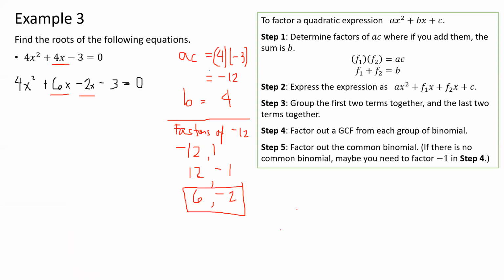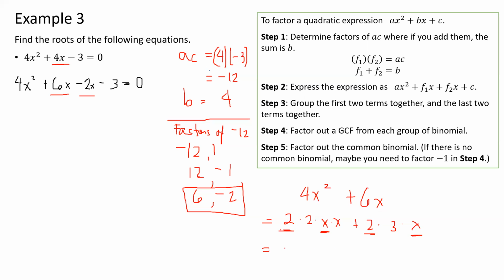Again, you can see here 4x in the lower right. Let's make this our scratch area. 4x squared plus 6x. We can express 4x squared as 2 times 2 times x, right? And 6x we can express as 2 times 3 times x. Okay? And since both of them have the common factors 2 and x, we